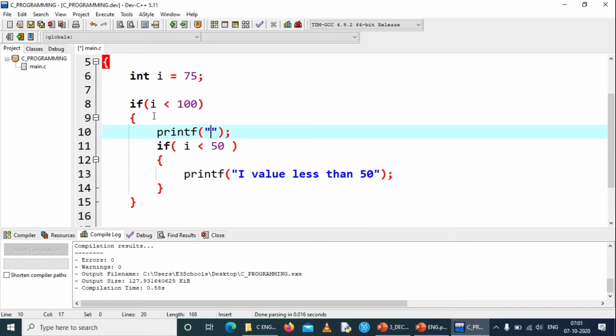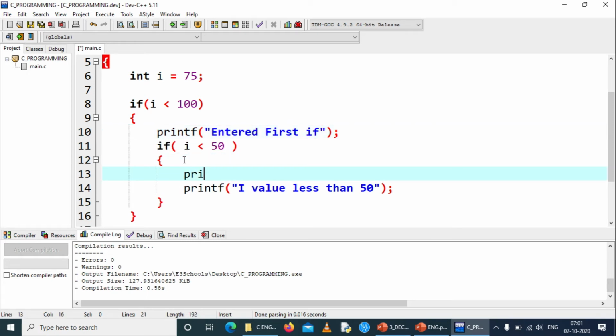For identification, we will just give a printf statement: "Entered first if". This is just to identify the execution.